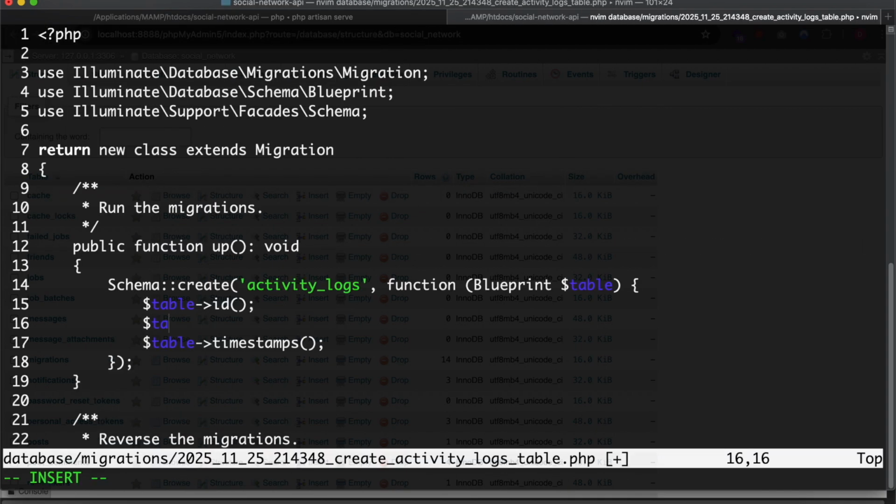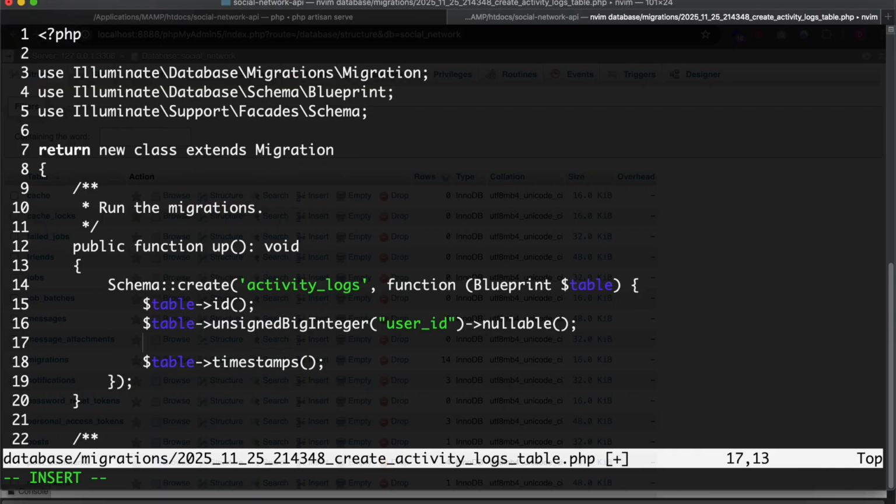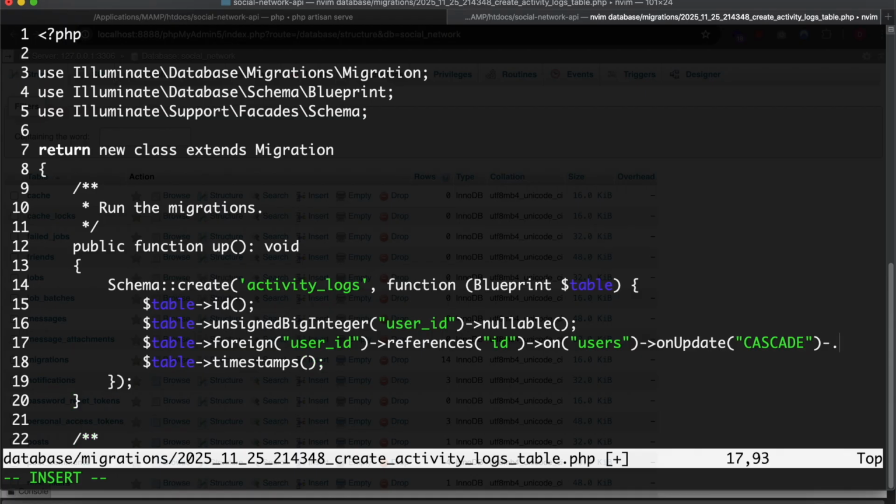So it will have user ID, and this will be the foreign key that belongs to the ID column of the users table. And we need to delete the activity logs whenever this user gets deleted. So we will add on update cascade and on delete cascade,